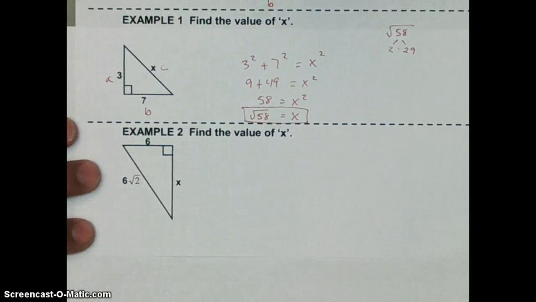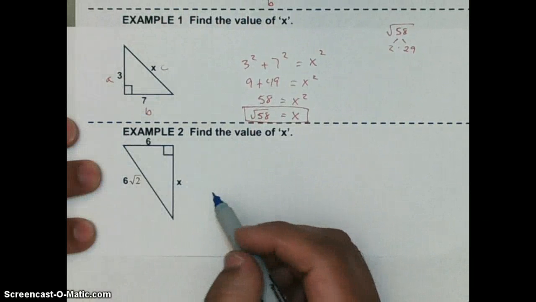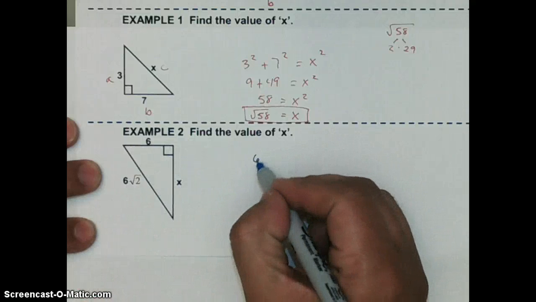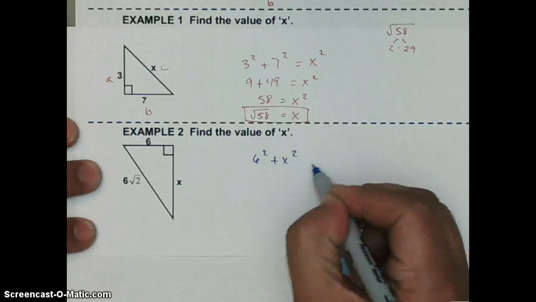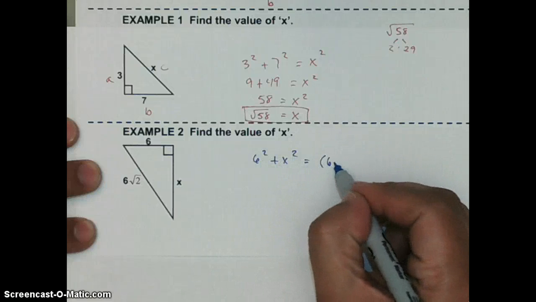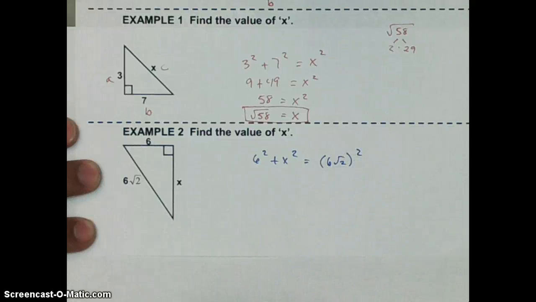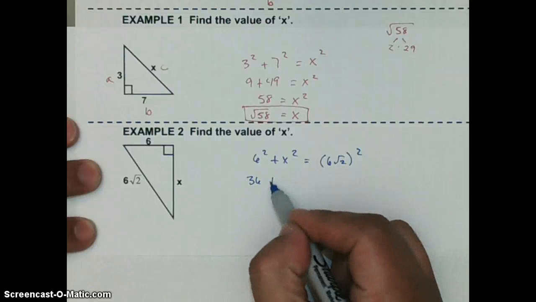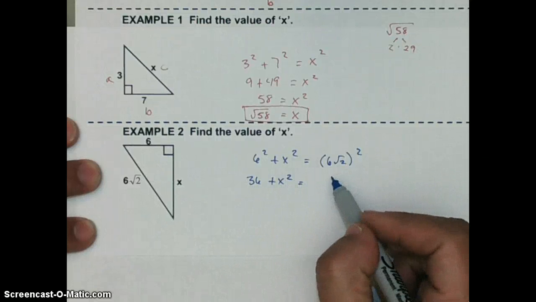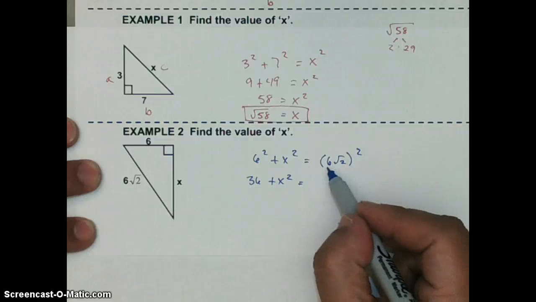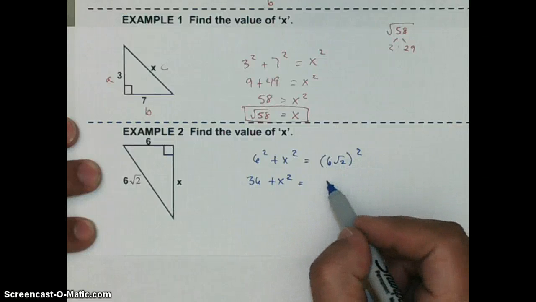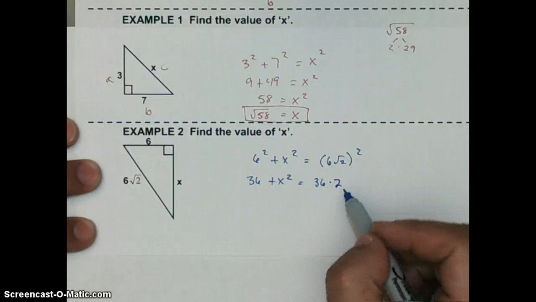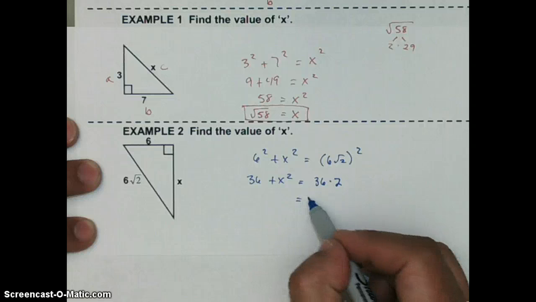Alright, we've got another example to look at. This time the X is on one of the legs. So we would have 6 squared plus X squared is equal to 6 square root of 2, squared. If we square this, it gives me 36 plus X squared is equal to 6 square root of 2 times 6 square root of 2, which is 36 times 2,